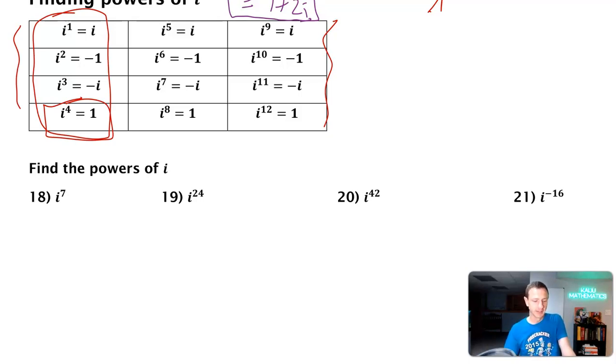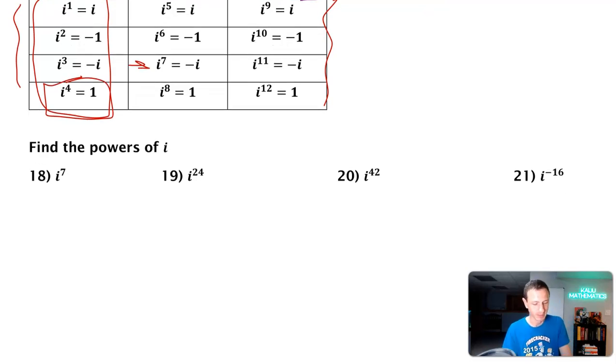So number 18 is i to the 7th. And I know we already have the answer here. i to the 7th is -i. But I want to look at this and ask, what if we don't know what i to the 7th is? Because no one's going to memorize this whole chart. There's no use in knowing i to the 10th is -1, i to the 6th is... that's a lot to memorize. And there's actually a bit of a pattern if you pay attention to every 4. i to the 1st, i to the 5th, so 1 plus 4 is 5, and they're all the same thing, i's. Same thing here, 2 plus 4 is 6, 6 plus 4 is 10, -1, -1. So they're all kind of the same,